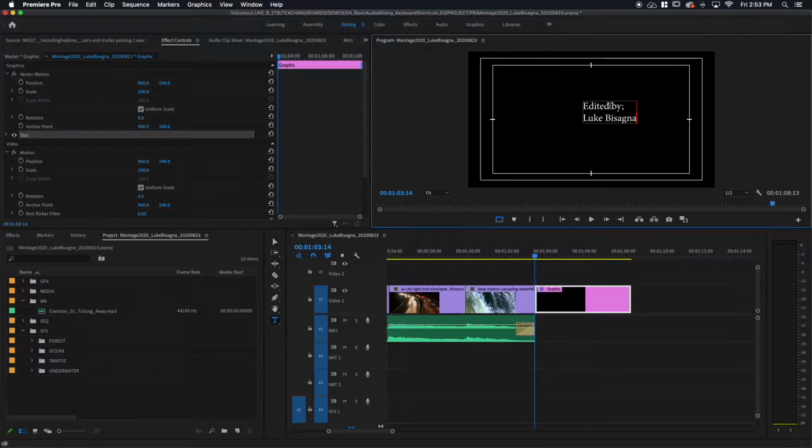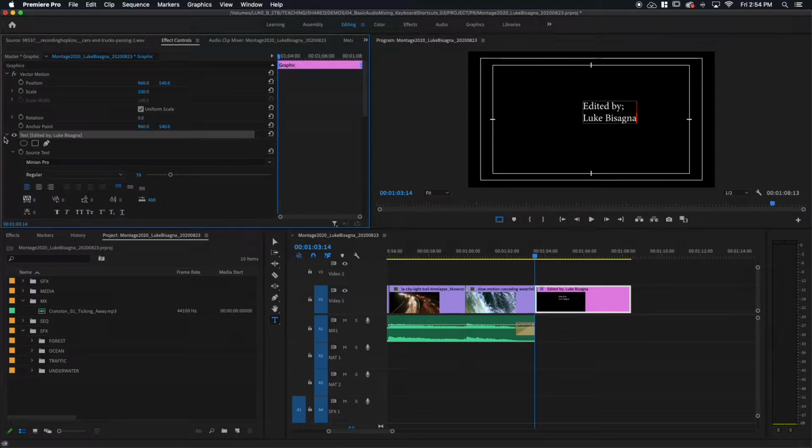Okay, and you can see it is not centered. It's not centered in the frame and the text is not centered on itself. So there are controls that I can utilize to make this happen. So I'm going to head over to my effect controls here, and you can see I've got a line for text. If I twirl that down, here it is, my text, edited by Luke Bisogna. Here is the font that's being used, and here are some alignment controls. This is standard justification, just like you might find in Word. So I'm going to go to Center Align Text, and now the text is centered on itself. So I'm going to click back in here and hit Return again,